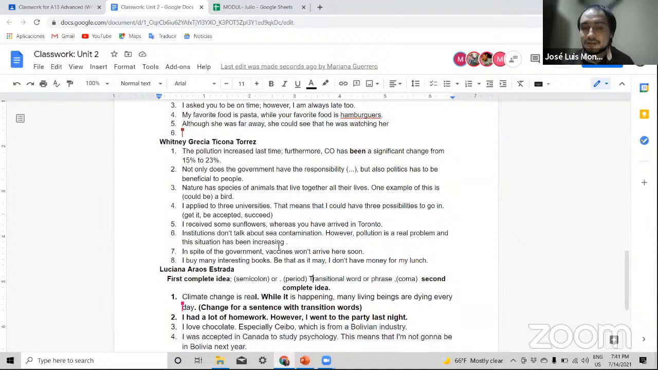Okay? And in the second one, I buy many interesting books, right? Let's say you can replace this. If it replaces nonetheless, it works very good. I buy many interesting books, money for my lunch. It can be, but again, the way that you have the money for your lunch,